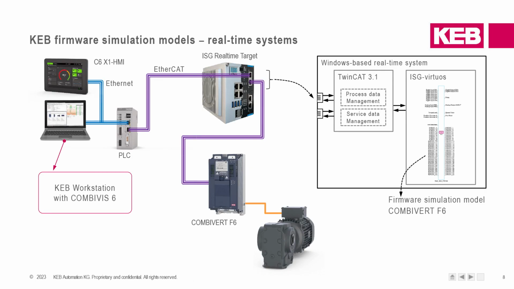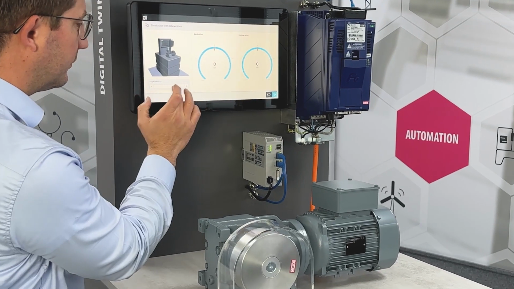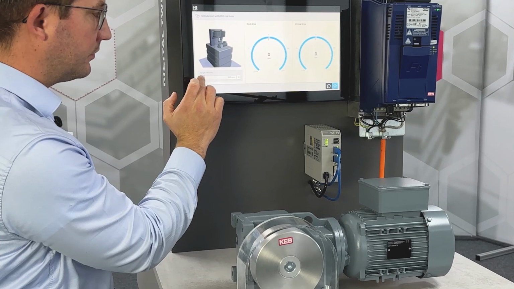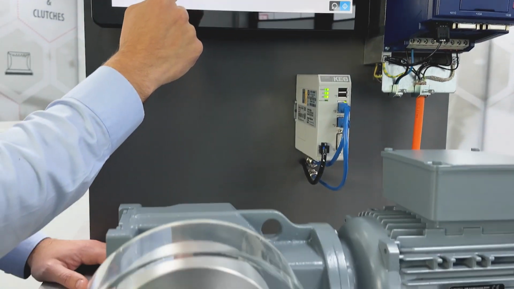In this page I will give you an overview about the real-time system possibilities. On the left side we have got an HMI. In our demonstrator, we have got a workstation, a PLC with Ethernet and EtherCAT communication, and two devices: one simulated drive and one physical drive. The simulated drive is running on the ISG real-time target system, and the physical drive on the demonstrator is